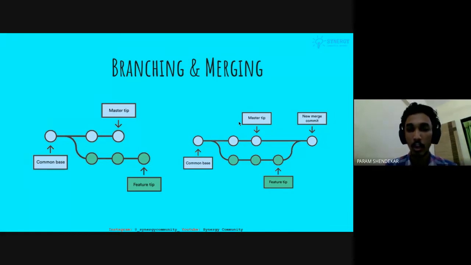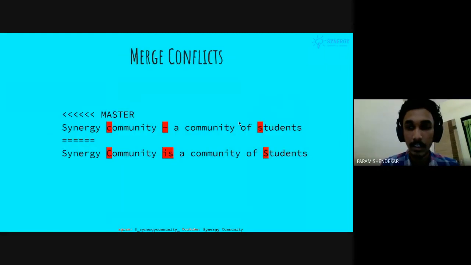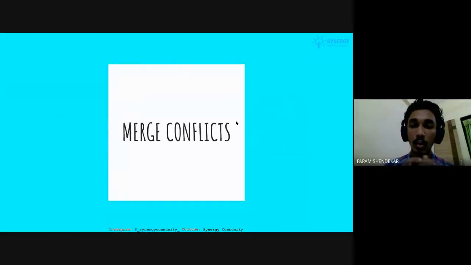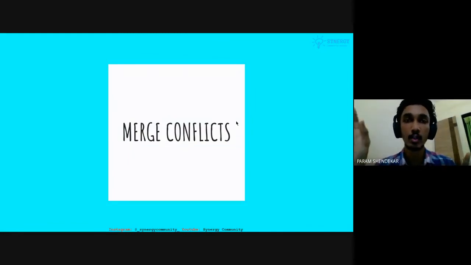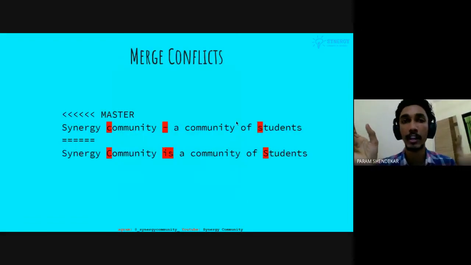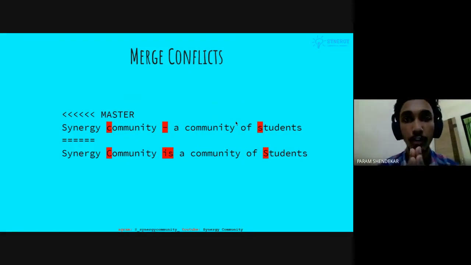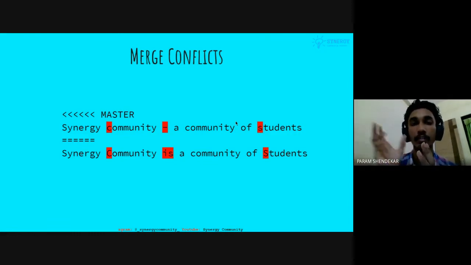Now moving forward, we'll be talking about merge conflicts. What causes merge conflicts basically is when Git is confused. For example, if you and your friend are working on the project and your friend goes into some file, and on the 5th line he makes a particular change, and unknowingly you also make some changes on that particular line, then it will cause a merge conflict, because when you try to merge or integrate both of your branches, Git will not know which version of the file to keep, because it does not know which is right. It just knows that it exists. So in that case, merge conflicts occur.